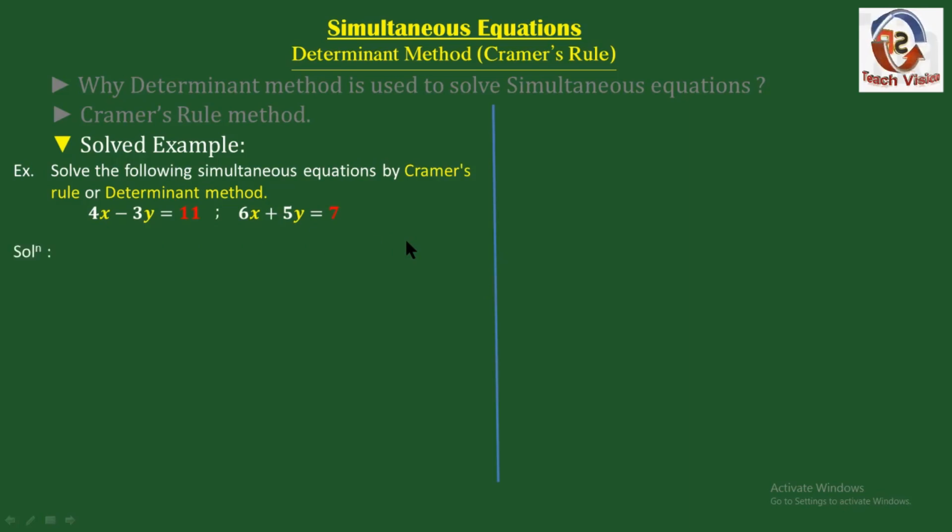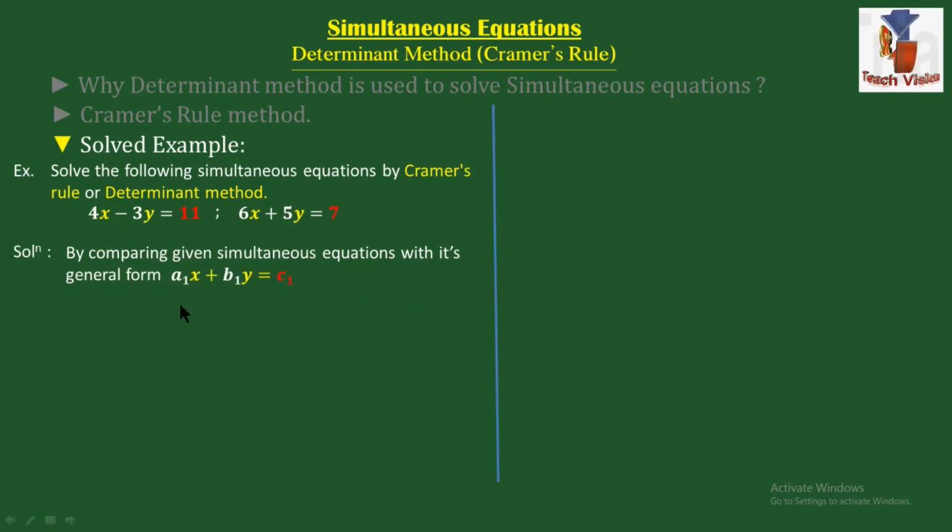And the solution is, by comparing the given both equations with the general form, which is a1x plus b1y is equal to c1 and a2x plus b2y is equal to c2,